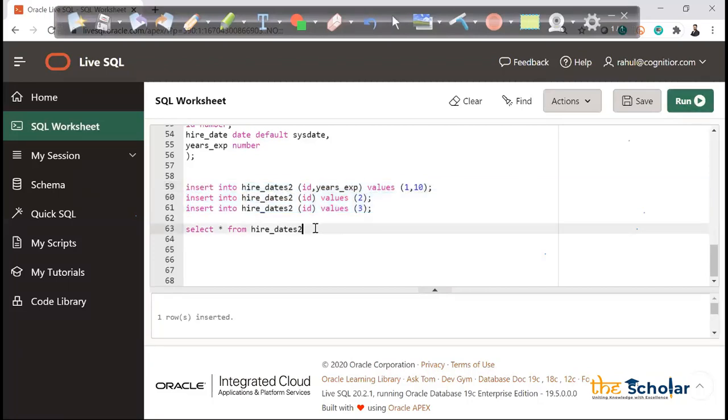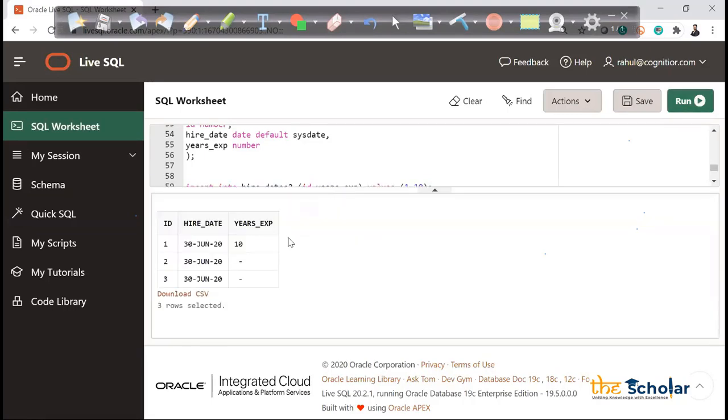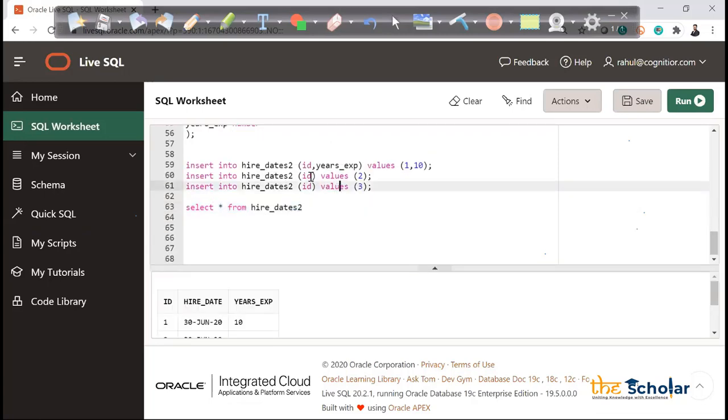All the rows are inserted. Let's go ahead and check here. You'll see that when I'm not passing any value, that is nothing but null. It's not minus, it's a null basically. So here I don't have any value and it made it null. So Oracle is able to understand that if you are not passing any value in years of experience, because I did not pass the value out here, then it will be null. All right. So this is the default option, which is very handy in various different scenarios.